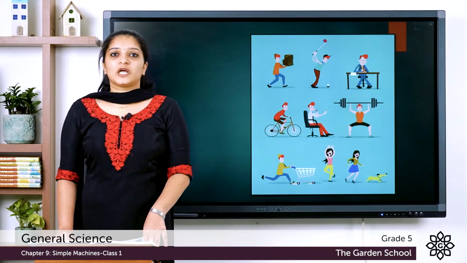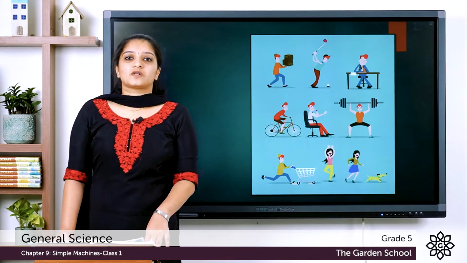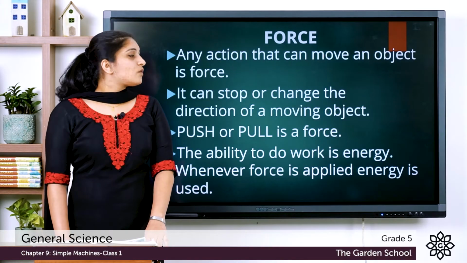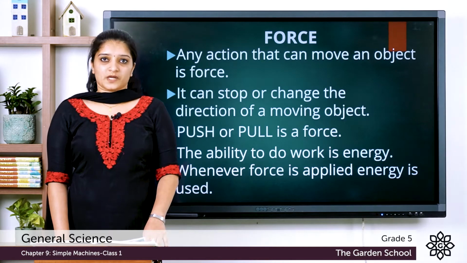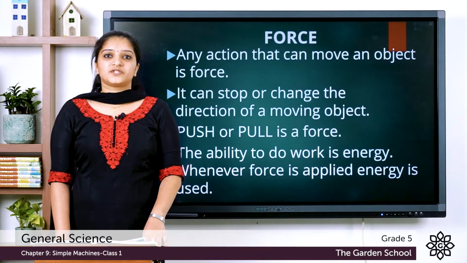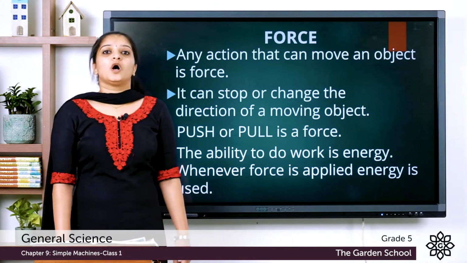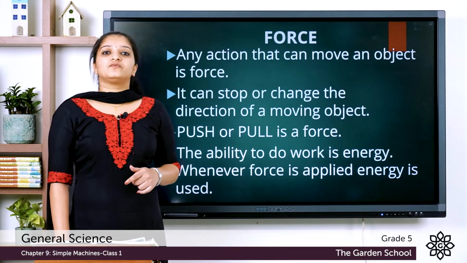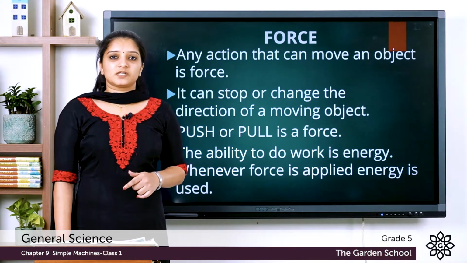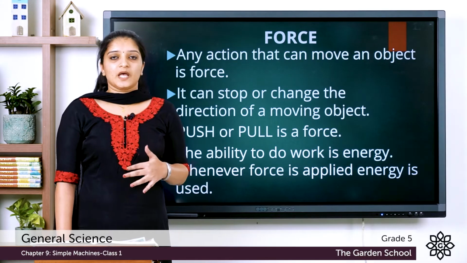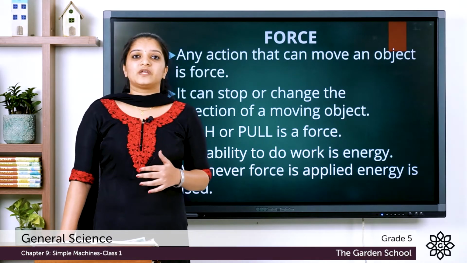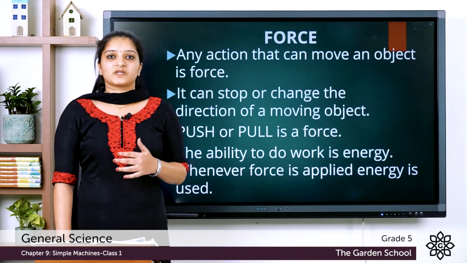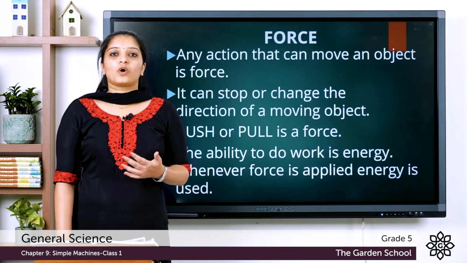And this movement of push and pull applied on an object is called force. So let's see what force is. Force is any action that can move an object. It can either stop the moving object or change the direction of the moving object. Both push and pull are considered a force, and the ability to do work is considered energy. That is, in order to apply force, we need energy. Energy is always utilized whenever we apply force. So, force is any action that can move an object from resting position into motion, or it can stop a